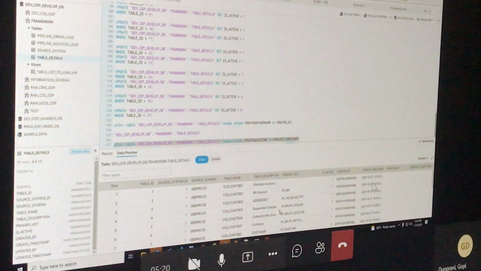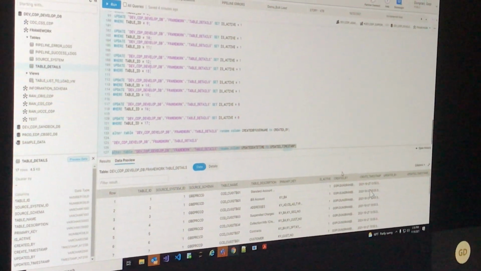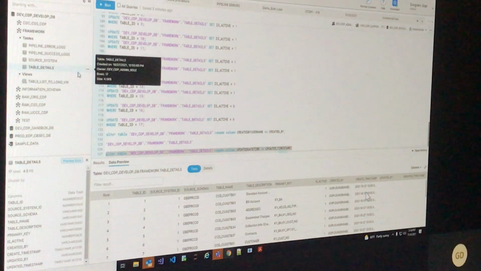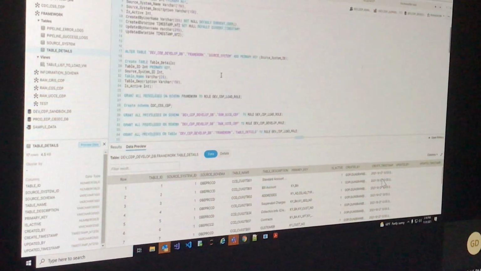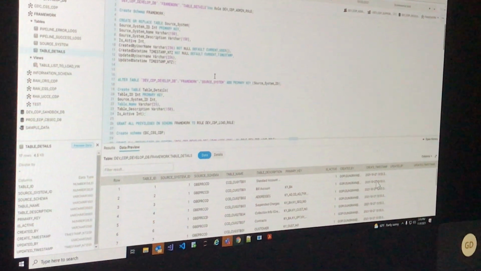So similarly for the timestamp, you have used the normal timestamp when you are creating. These four columns are taken automatically, because if you can see the definition of the table details where I have created, let me find that because I have created it multiple times.